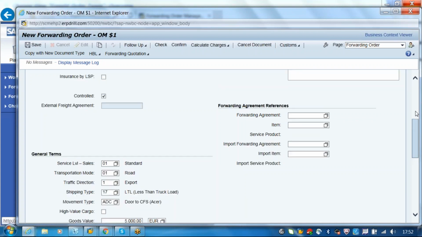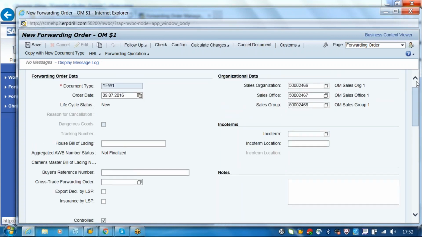Okay, door to door, and now we will go to the stages.